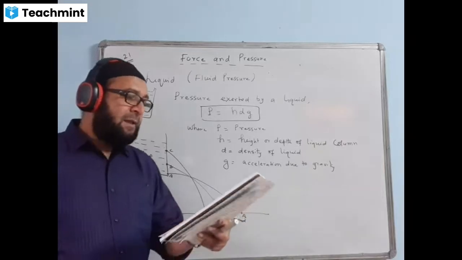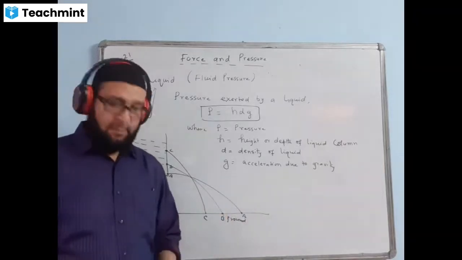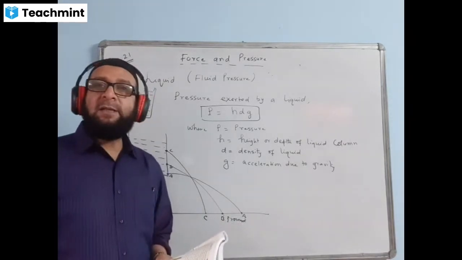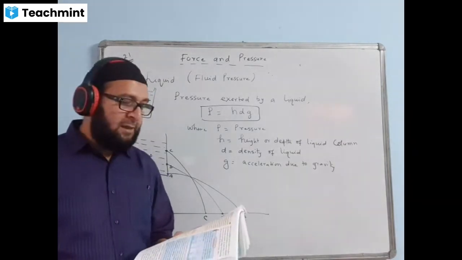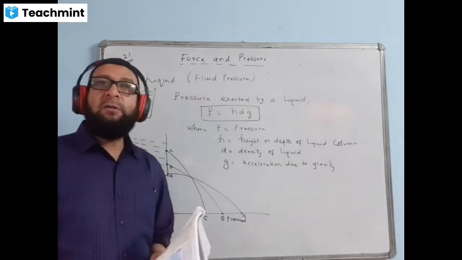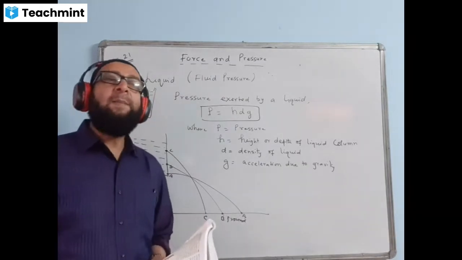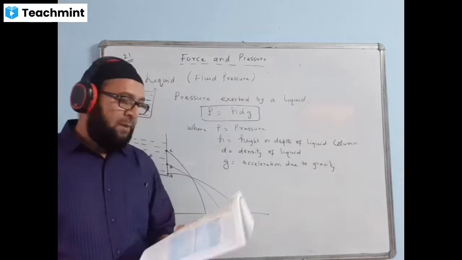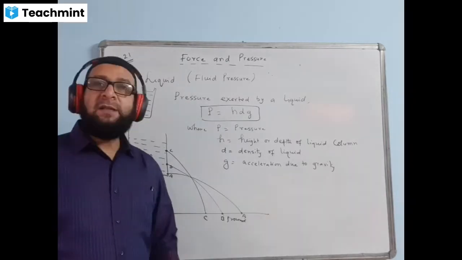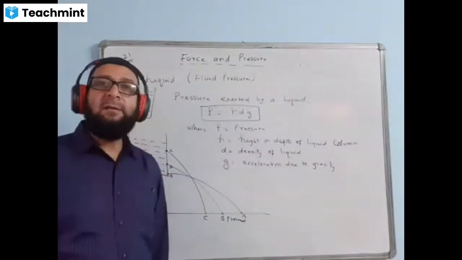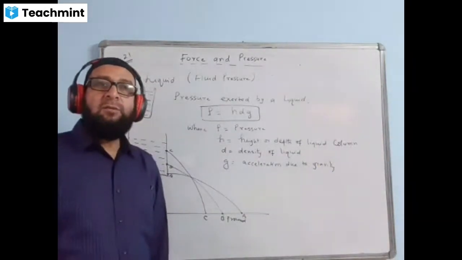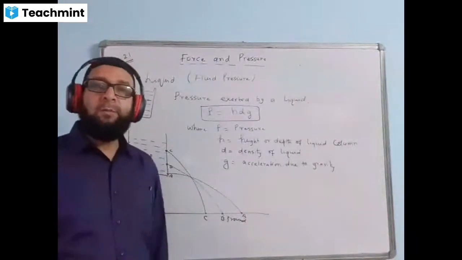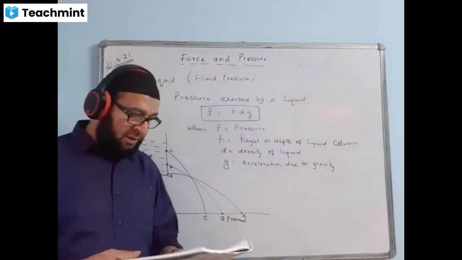Then liquid pressure increases with the increase in the density. What is the example? Already they are saying in one case we are taking water, and in another case we are taking sugar solution or maybe salt solution or maybe mercury. You are having larger density. You can see in this case, larger density, so they will be inflating the balloon more. You can see that they are exerting more pressure, so the balloon gets more inflated there. Can you see that?